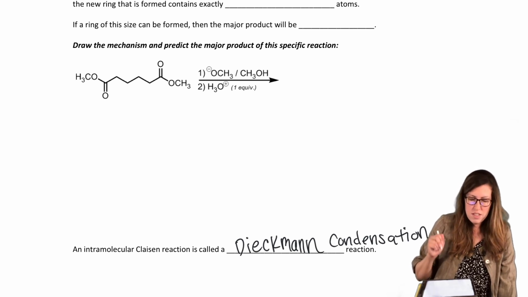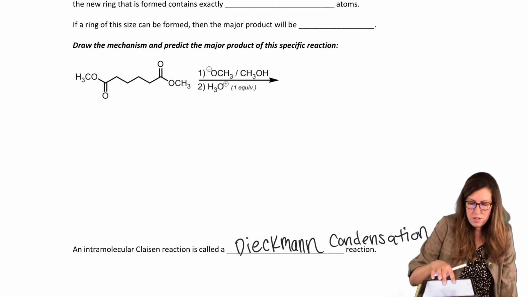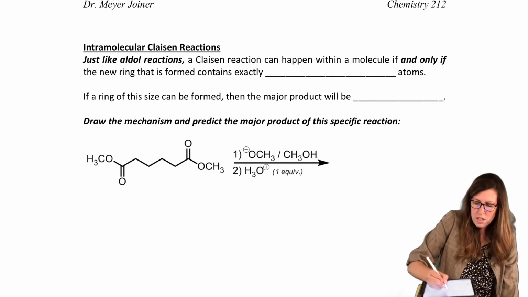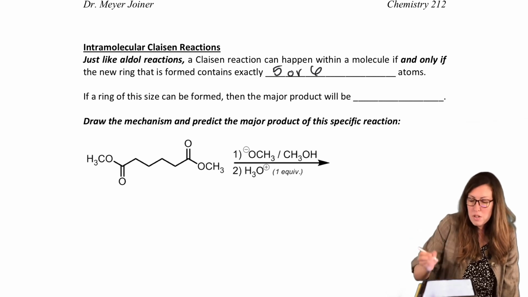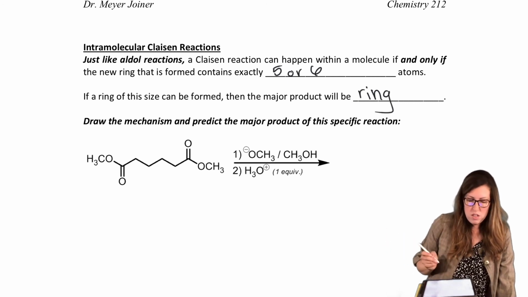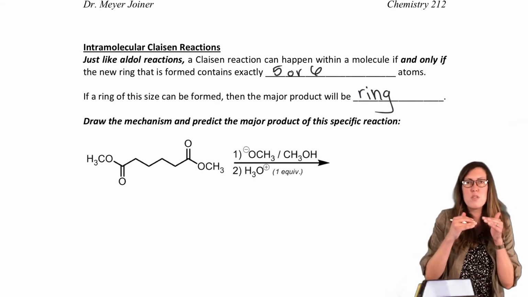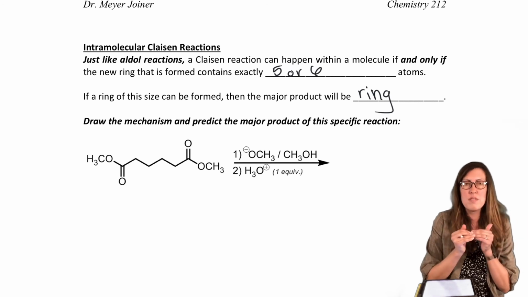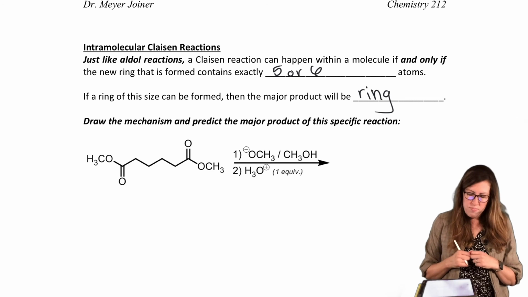That means you're going to form a ring if you can form, same rules, something with 5 or 6 atoms. And if it can be formed, you're going to go ahead and do the ring as opposed to a self, you know, where it reacts with a neighbor. So intramolecular always happens before intermolecular, right? It's going to react with its own head and tail if it's long enough, then wait for a neighbor to come by. So how would this look?